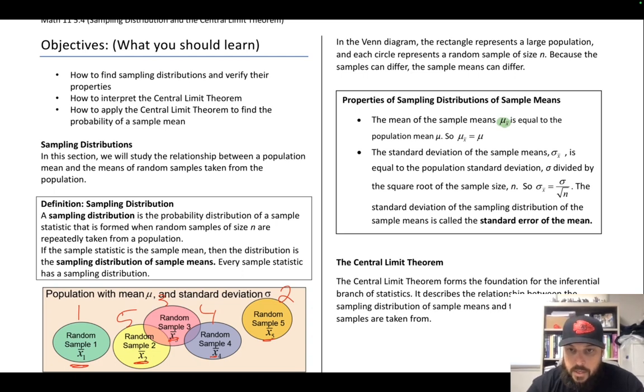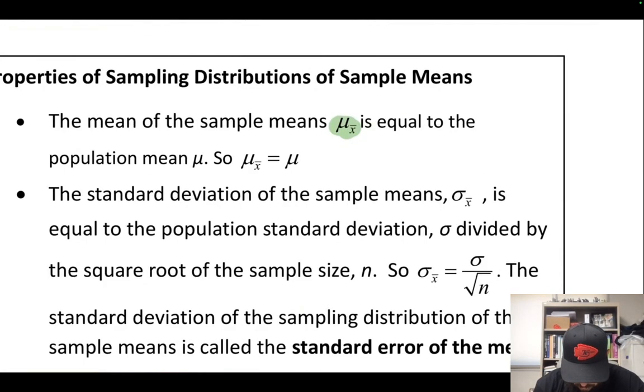All right, so there's a couple of properties of sampling distribution of sample means. So we've used mu as our mean. Well, what we use here is mu x bar is how we would say this here, which refers to our